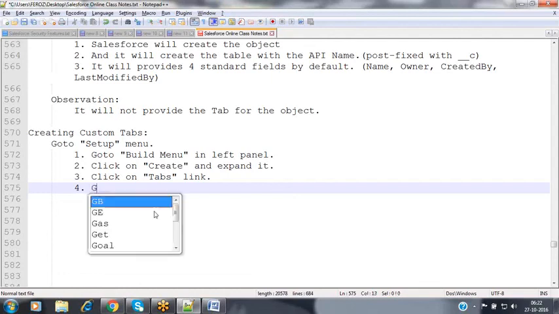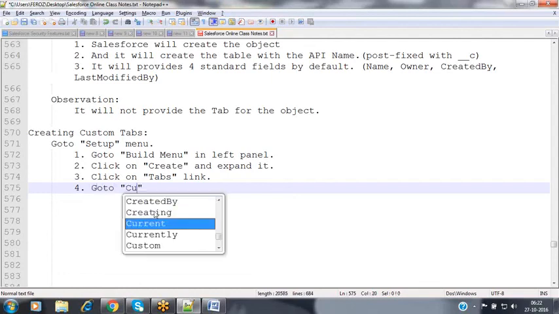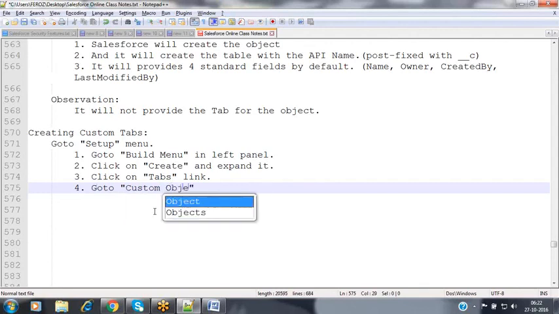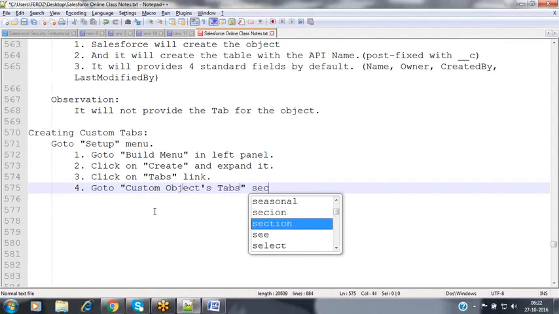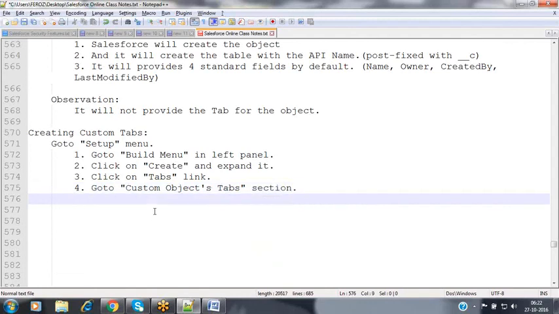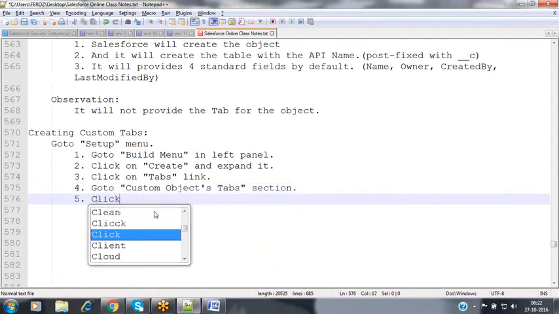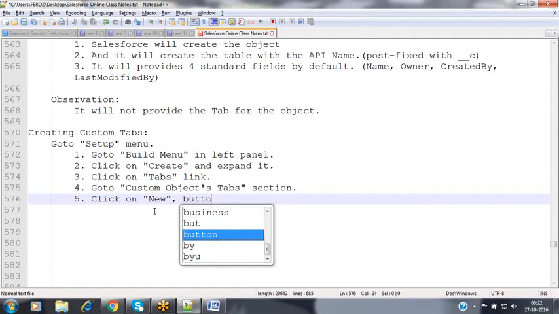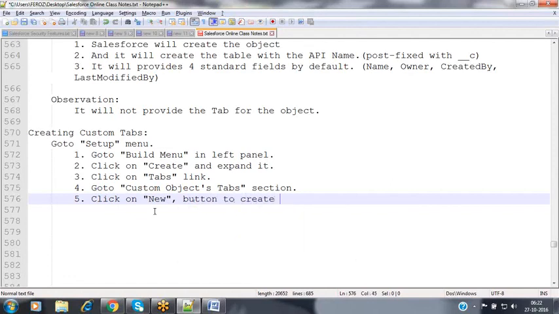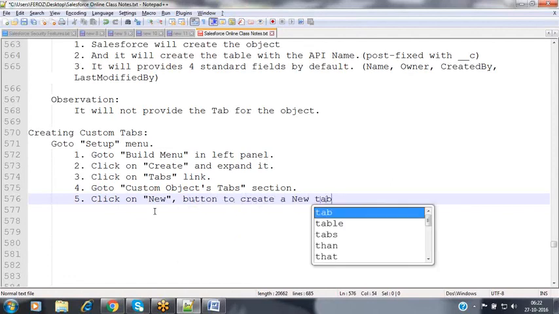Now go to the custom object tabs section. Click on the new button to create a new tab.